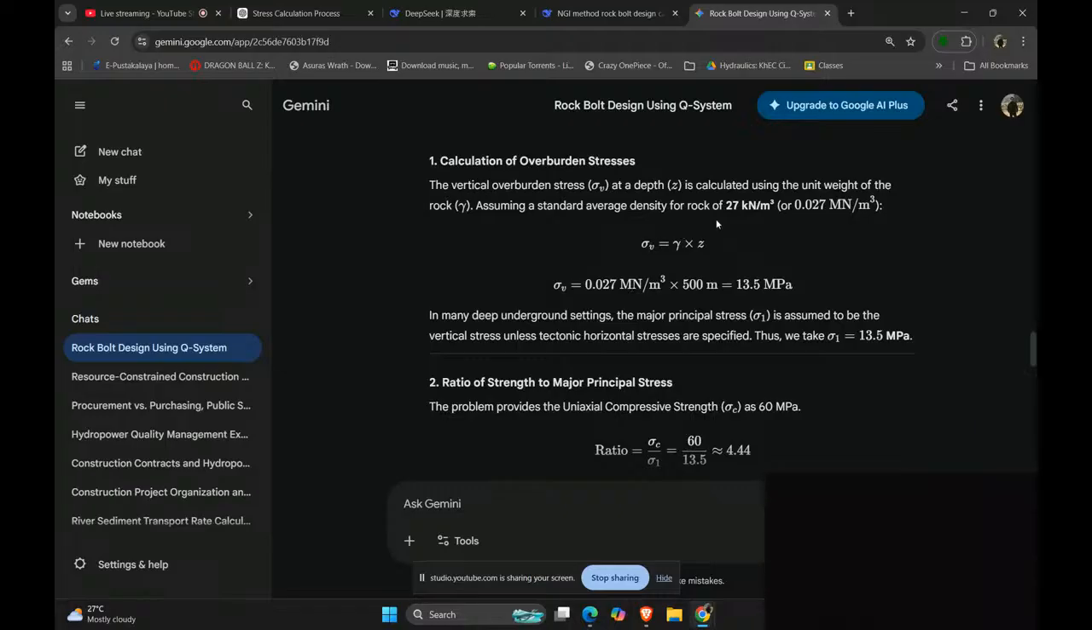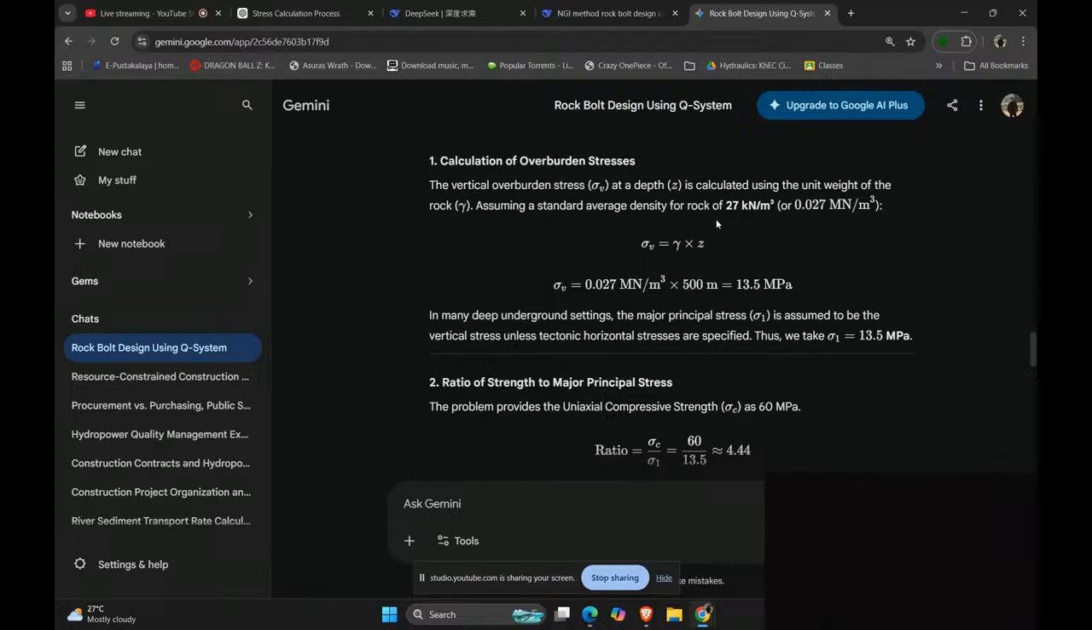Density of soil is 20 kilonewton per meter cube, depth 500 meter, 10 MPa by 500 into 20. For the depth of 500 meter, the overburden shear stress will be given by sigma v equals 10 MPa, sigma h equals 15 MPa, that is,